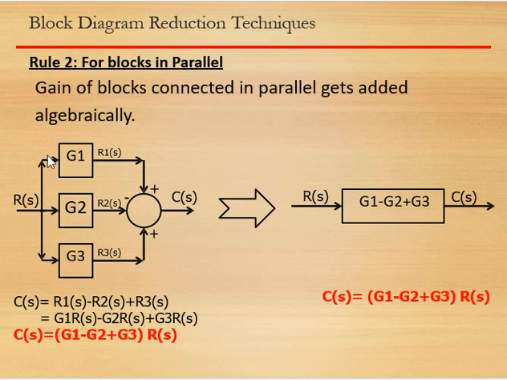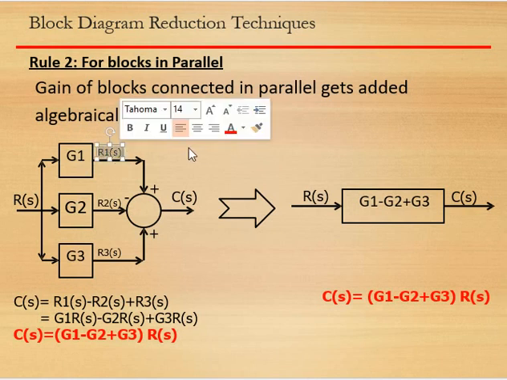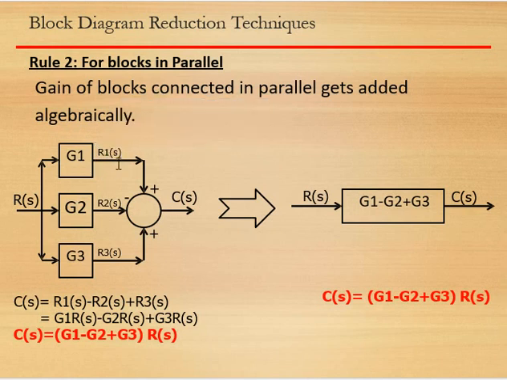This is the RS, and the RS is applied to here, here, and here. The input is same. Okay, the input to all these blocks are same. So we can say that these blocks are in parallel manner. Okay, these blocks are connected in parallel manner. So that's why I have written here the output of this first block is nothing but the input into gain of this one. Okay, but I have given a simple different name to the output, that is R1s for simplification. So the output of this G1 is R1s, output of G2 is R2s, output of G3 is R3s. Okay, and now they have connected to this summing point.